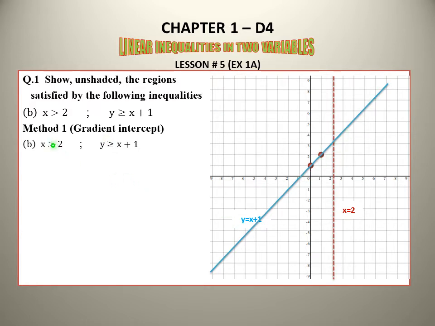Now because in this inequality there is greater than sign and this is a vertical line, all those values which are greater than 2 are the solution of this inequality. So this is our defined region. This side is the defined region, and we are asked to leave this region unshaded. We will not shade this region, because the other region is undefined, unwanted, so we will shade that. In the question, you are either asked to shade the defined region or you are asked to leave it unshaded. In this case, you are asked to leave the defined region unshaded.